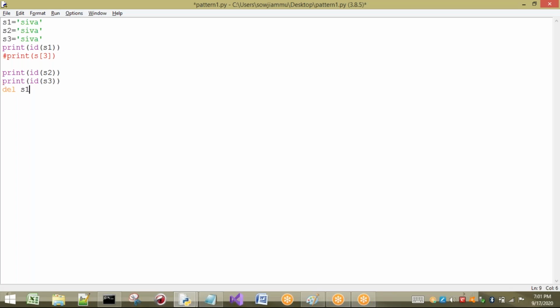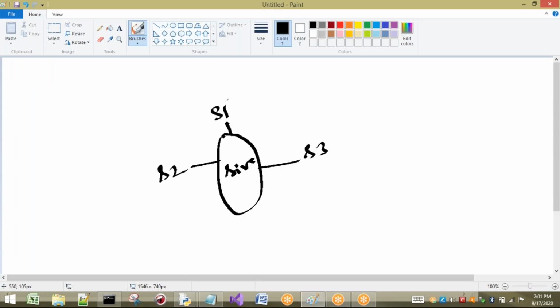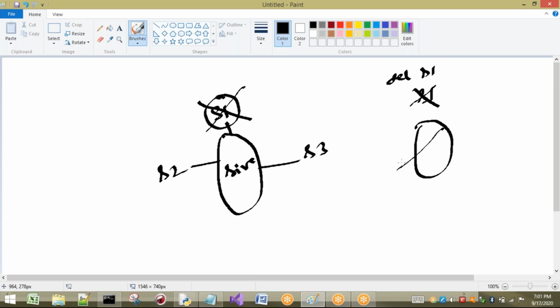Now what happens? If you write delete s1, you may think that s1 and Shiva will be deleted, but only s1 will be deleted in this case. The reason is, in the earlier case, if I write delete s1, both reference and object are removed, because only s1 was pointing to the object.